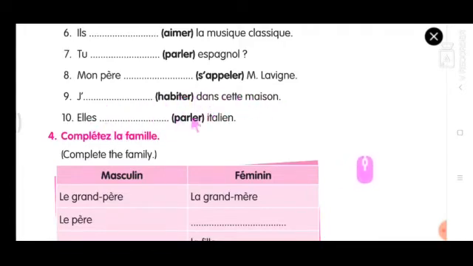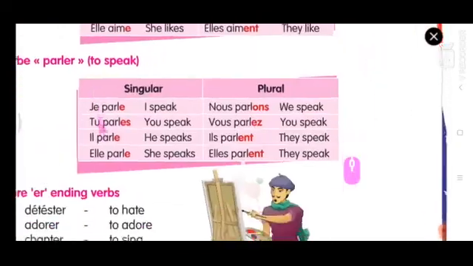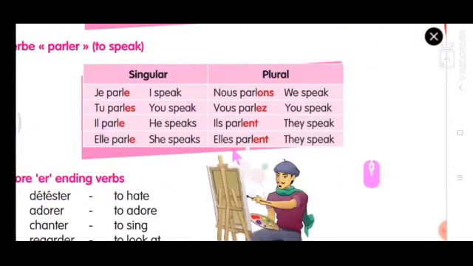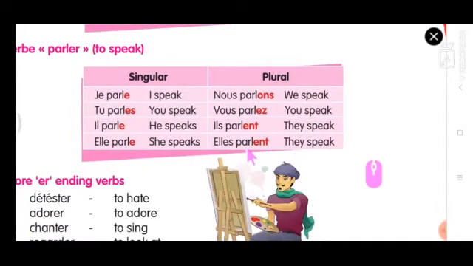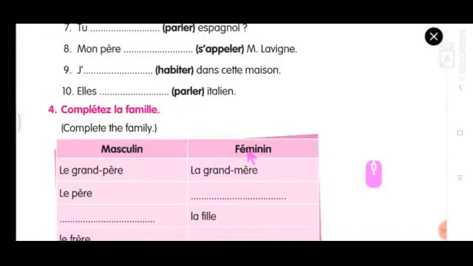Elle, dash, parler italien. So this is third person plural. So E-L-L-E-S. Here's the answer. Parle. So even though it is ending in ENT, we should not give a different sound. This also comes under sound number 1. So elle parle. P-A-R-L-E-N-T. But the pronunciation is elle parle. Elle parle italien. So now we are done with exercise number 2, and this will be coming for your online